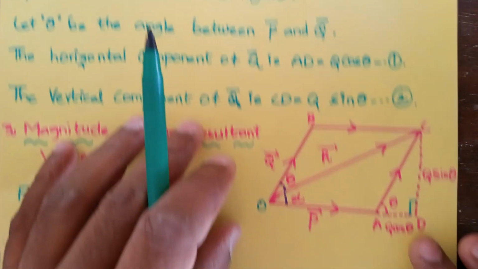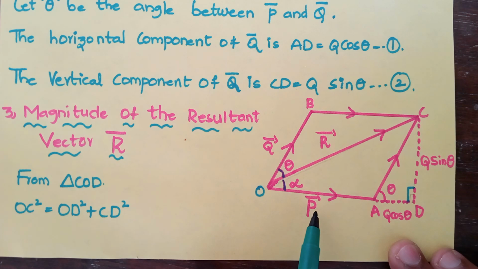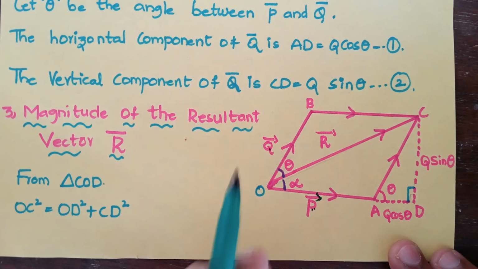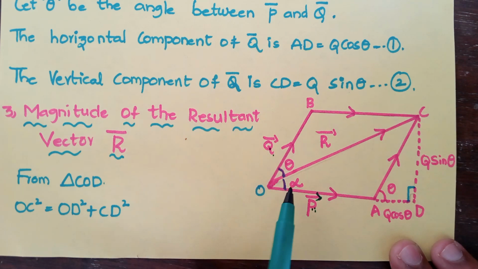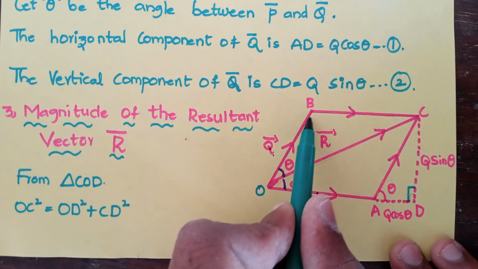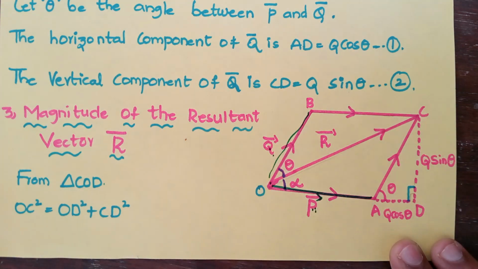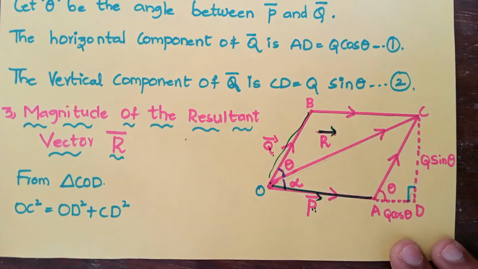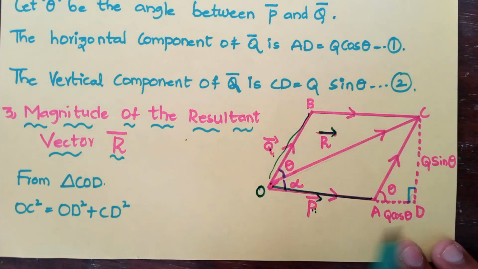See here, all of you. First of all, in our diagram, we clearly see, let us consider P and Q are the two vectors, representing both magnitude and direction to the adjacent sides in a parallelogram. And the resultant vector R bar is also drawn from the same point by the diagonal in a parallelogram.